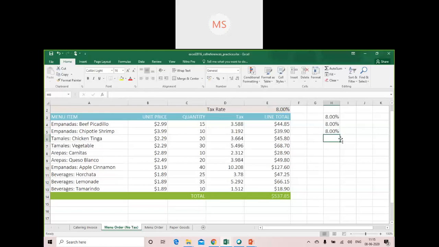But the difference is that I will show you here. Control X, Control V. Now what happens when I drag this option? Just check the cell value.